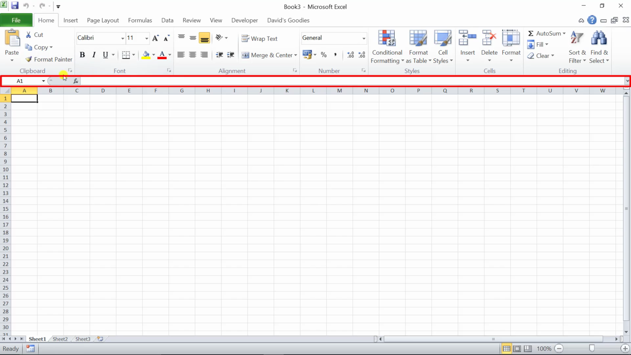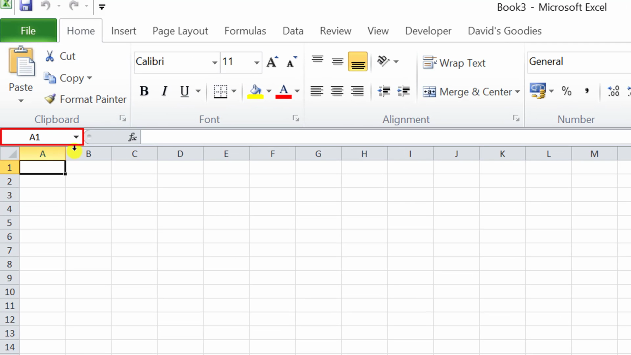Now if we look at the first area first, it's this area here, and this is called the name box. And the name box has got a grid reference. If you look at the grid reference at the moment, it's saying A1, because this little box here is on A1. But if I use my arrow keys and move the cell pointer down, notice that little square that's